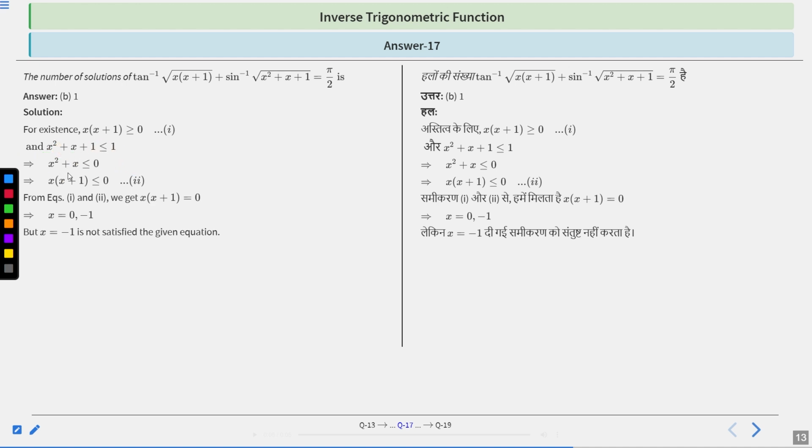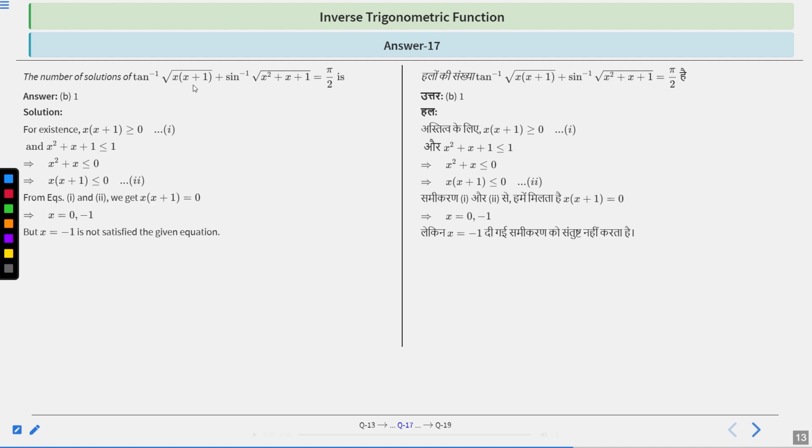Therefore, x square plus x will be less than or equal to 0, right? Therefore, x into x plus 1 will be less than or equal to 0. Therefore, equation 2. From equation 1 and 2, we get x into x plus 1 is equal to 0, right? So, x equal to 0 or x equal to minus 1 can be the solution. Now, x equal to minus 1 does not satisfy the given equation. Clear? Because when you put x equal to minus 1, the inside thing will be 0, which cannot be